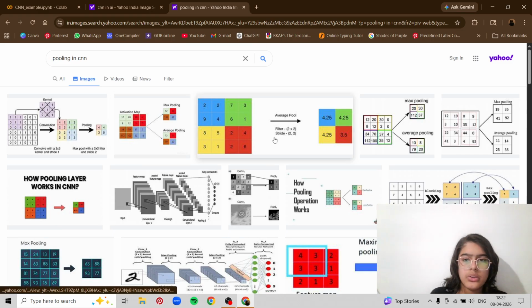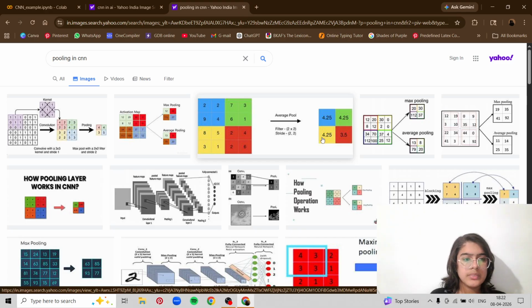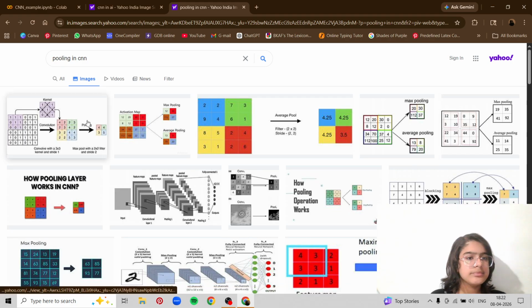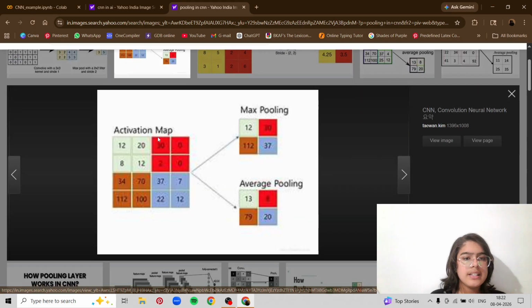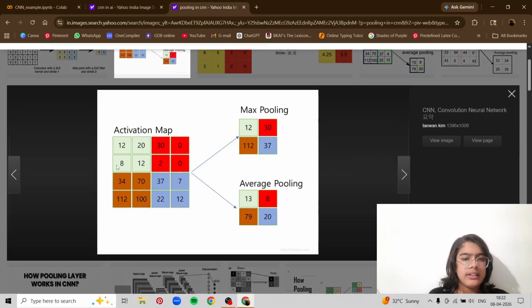So you can see over here. No, this is actually average pooling. This is nice. So you can see that in max pooling, we don't need to see the numbers right now. We can just see using the colors. The numbers I'll also be explaining. You can see that this beige color, the 4 colors are converted into one square. So the 4 squares are converted into one square. So they have used 2 by 2. And same with the orange, blue and red. So you can see it has converted.